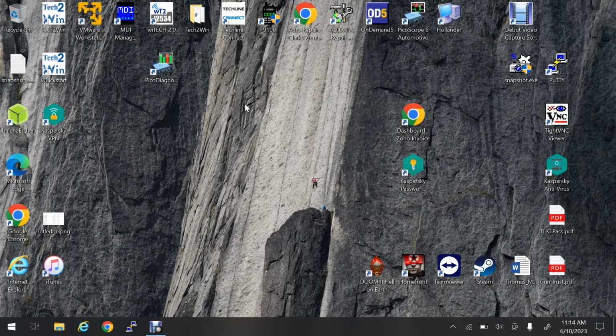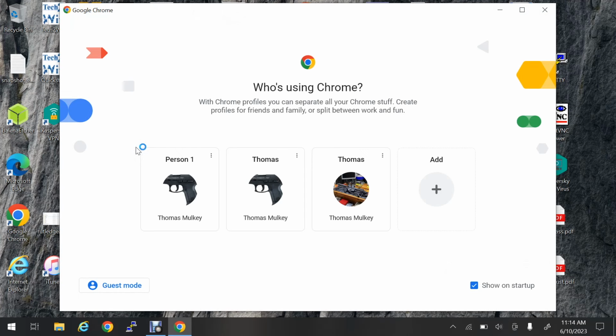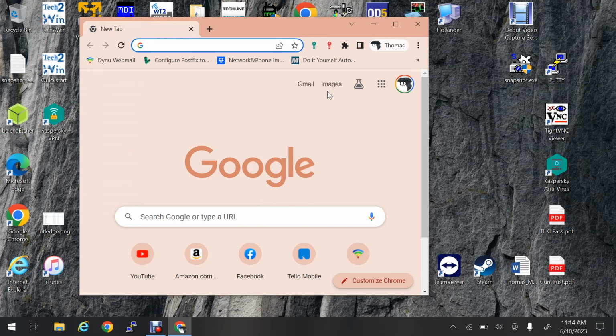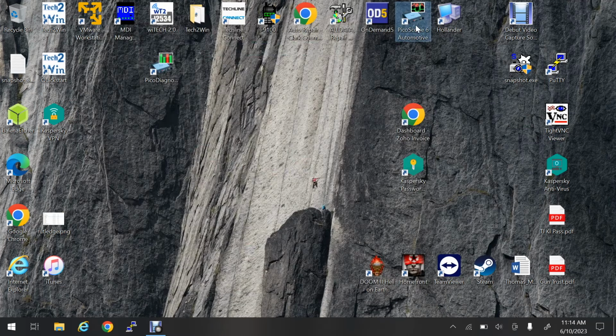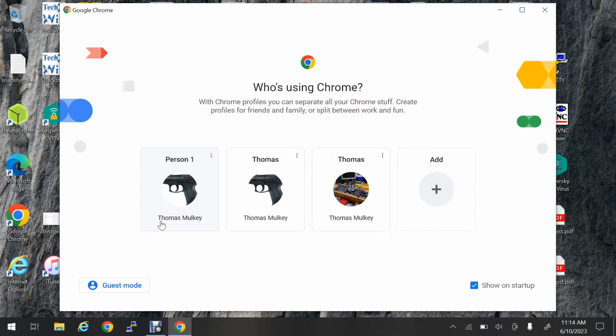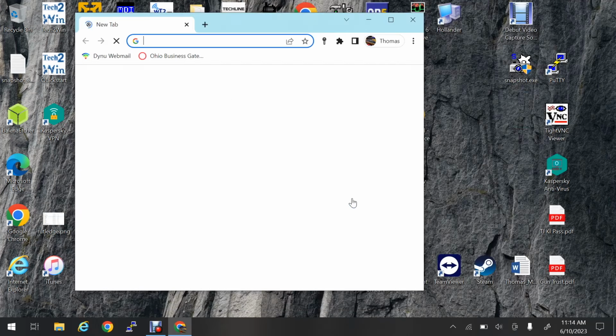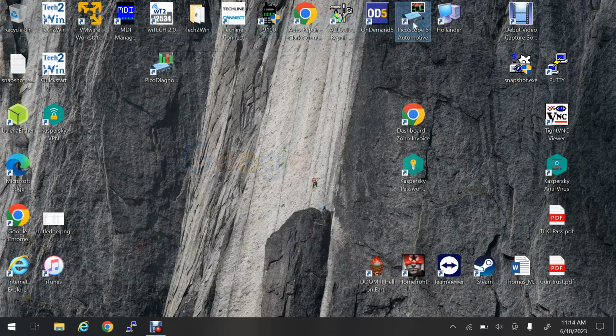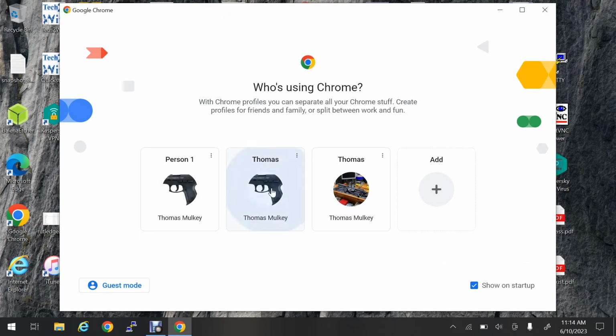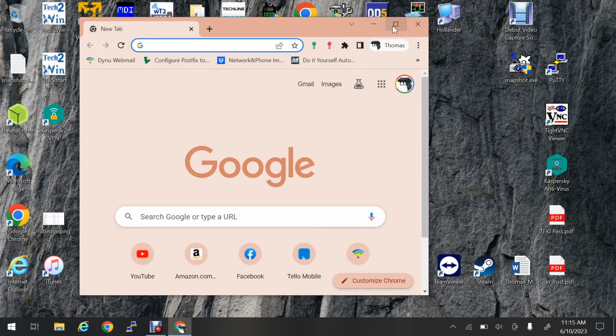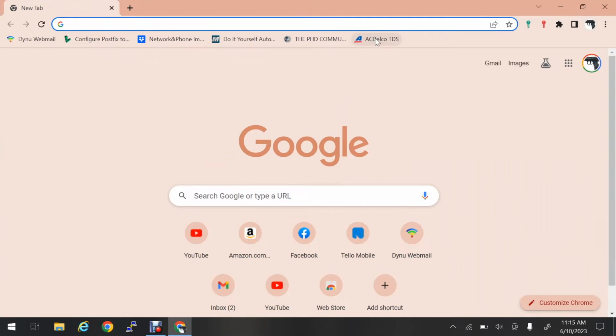Okay, so what we've got to do is fire up our Google Chrome. It used to only support Internet Explorer, now it supports Google Chrome. I might have it under my other profile. Hang on. No, I didn't. I thought I made a shortcut to it, but I guess I didn't. Oh yeah, there it is. Okay, so now I have a shortcut to